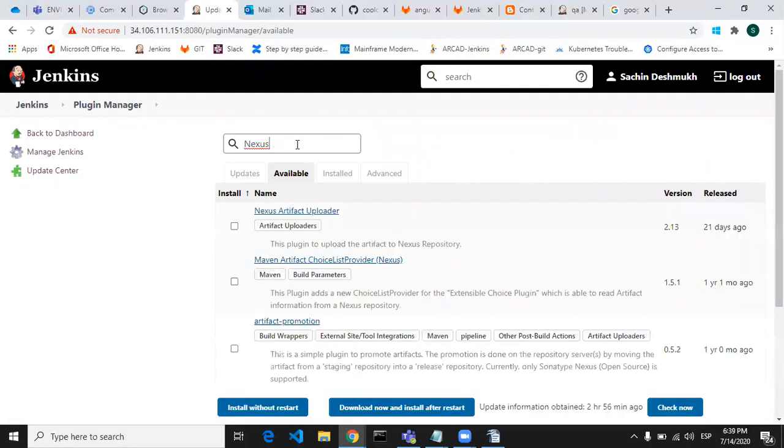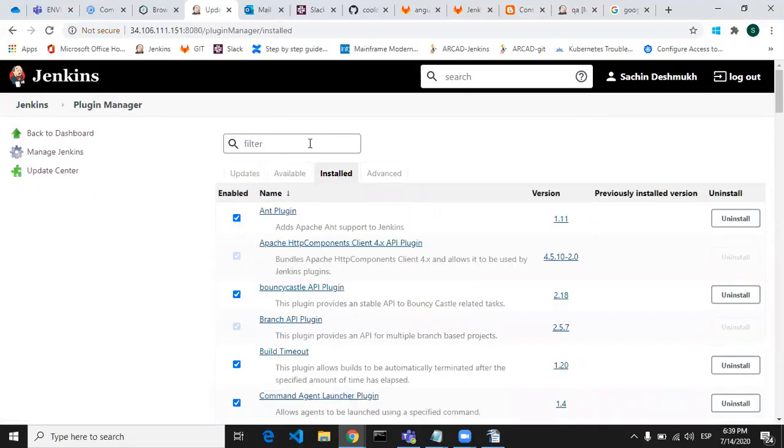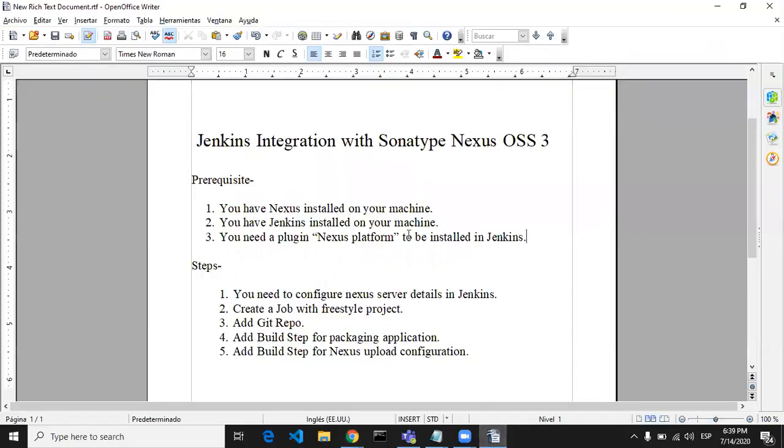But I have already installed it, so it will be in the Installed section. For you, you have to go to Available and search for the Nexus Platform plugin. If I search here, I can see the Nexus Platform plugin already installed on my Jenkins. Similarly, you have to install it, and once you install it, your prerequisites are completed.